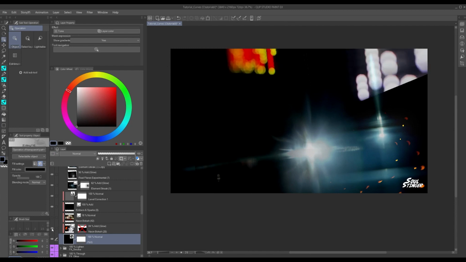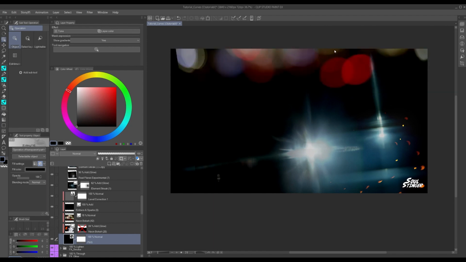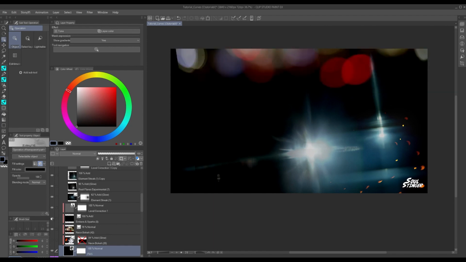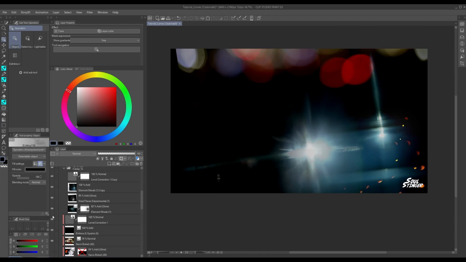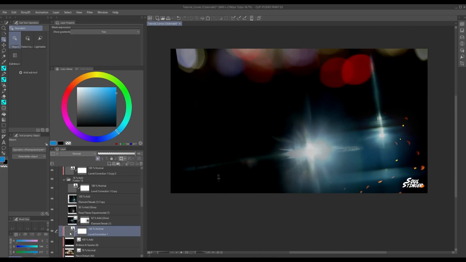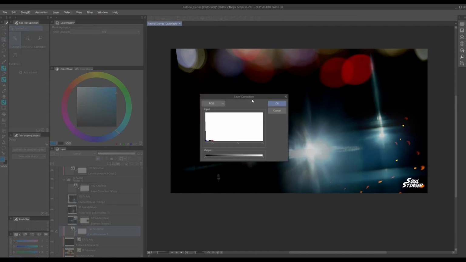Here I have another neon bouquet image, but I've decided to go with this one here. Also some sparks down here. As you can see, I've put in a level correction layer on top of these light images,